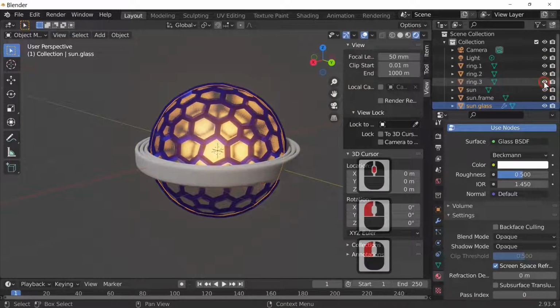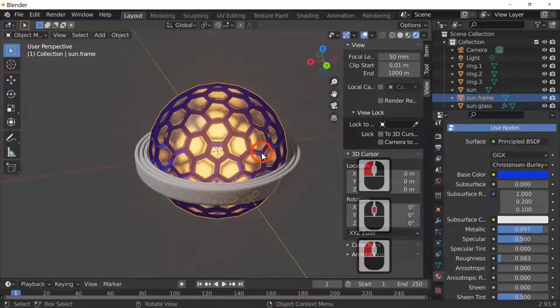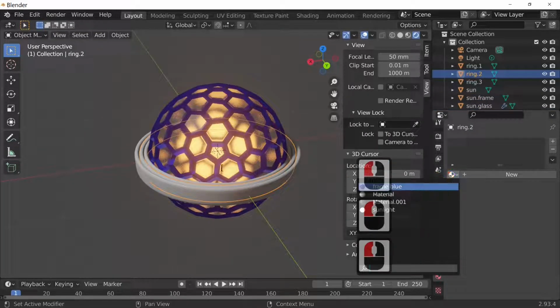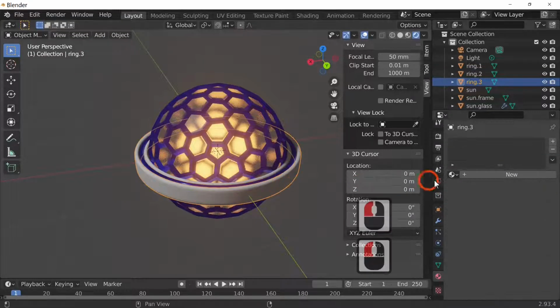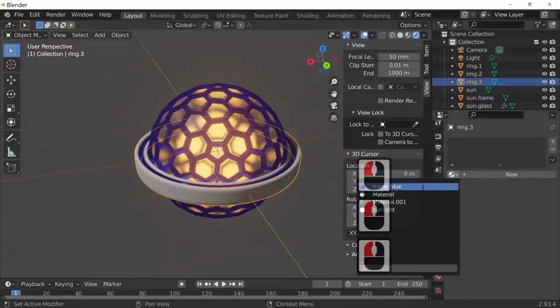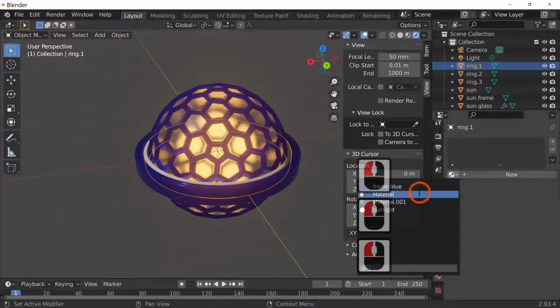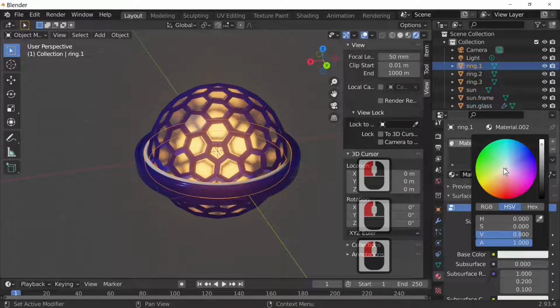Make our rings appear. It's up to you, you can actually make them the same colour as your frame if you wish, which I think I will in this case. So if we actually go to the frame blue, we can just click on the actual rings and hit frame blue. Or alternatively, what you can do is take away the colour, add a new colour, and make it whatever you want.